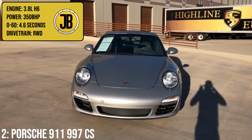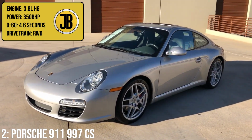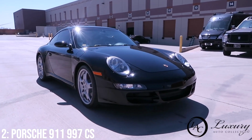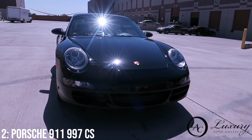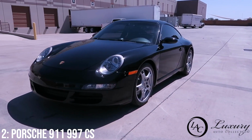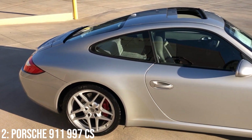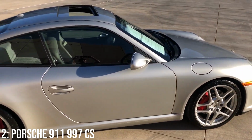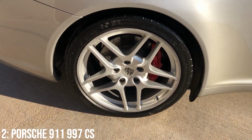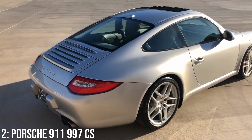It comes with a 3.8 litre flat 6, which produces 350 brake horsepower, taking it to 60 in a very reasonable time of 4.6 seconds. After the controversial 996 generation, which is now actually one of my favourites, the 997 restored some order to the Porsche lineage, with the typical circular headlights and a far more modern look overall. The Carrera 2S is a pretty lovely spec with the upgraded brakes, slightly larger engine, and more focused overall package, and though it's not quite as desirable as the C4S, it's definitely enough to fool people into thinking you drive